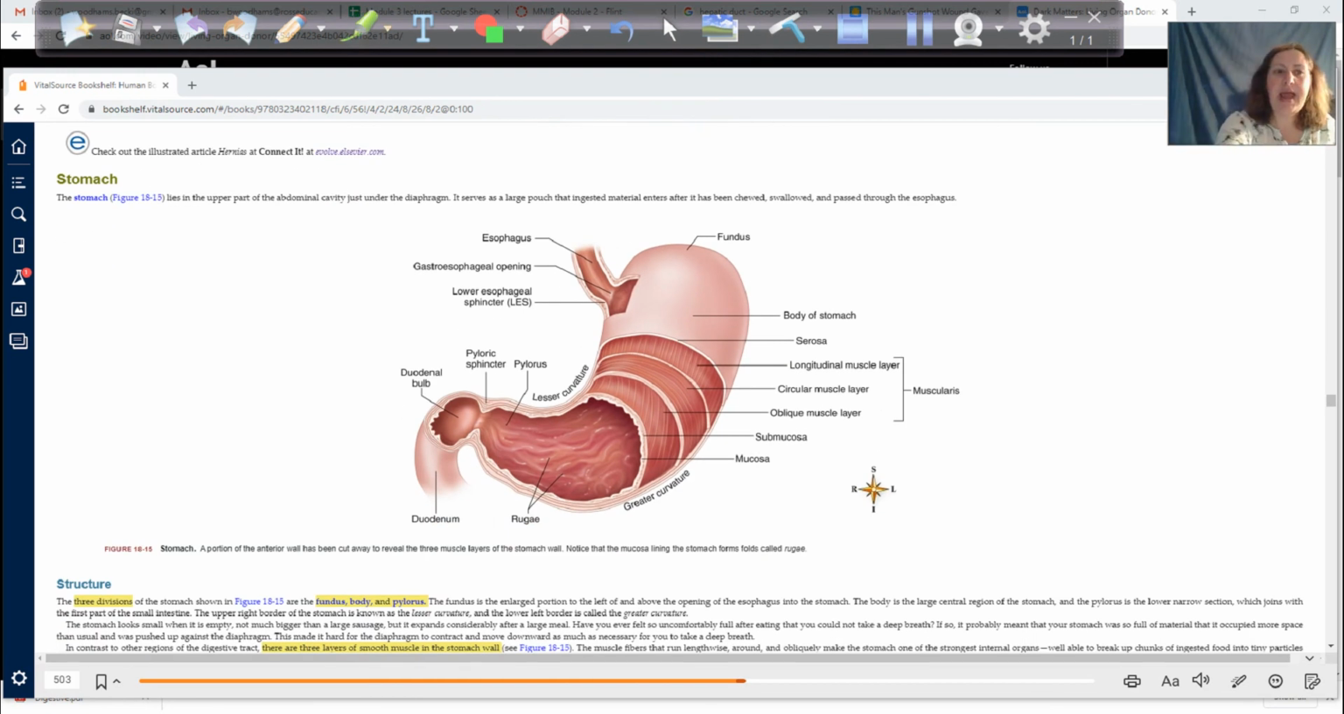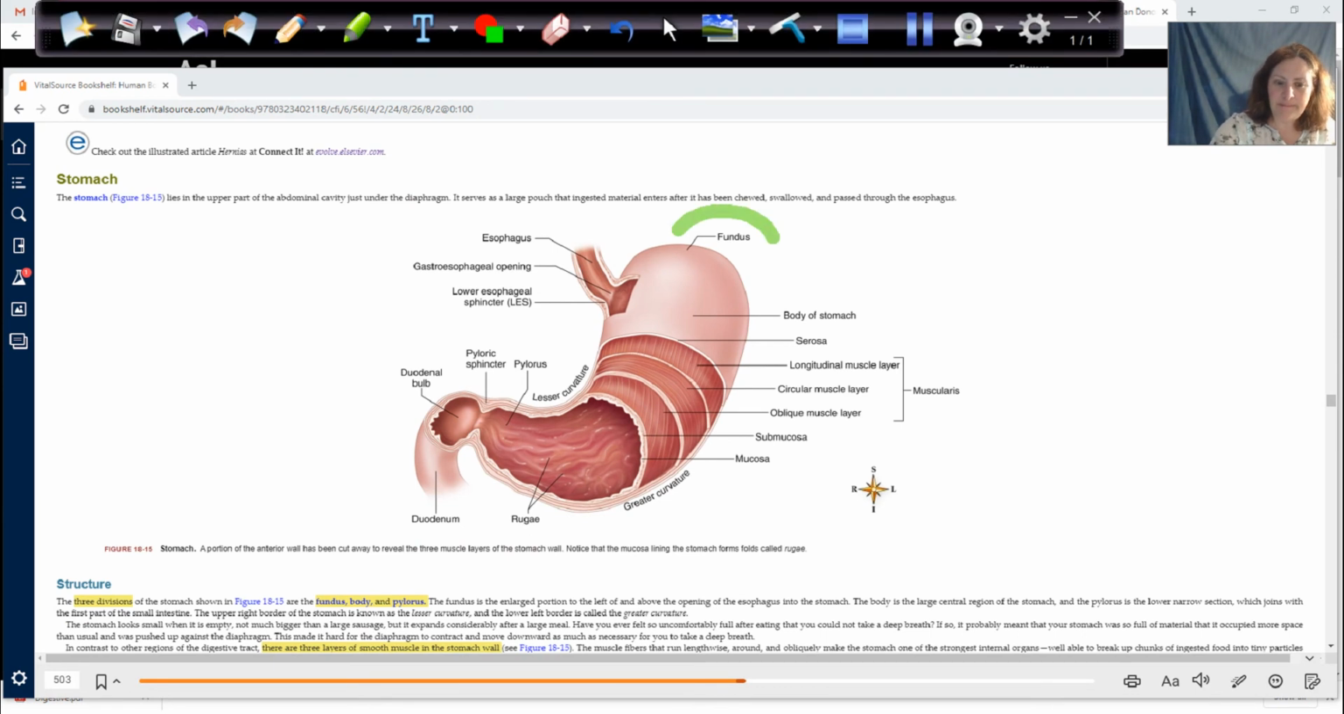The stomach has 3 parts. We have the fundus up here. We have the pylorus, which is down here. And then the body is the rest of it. The esophagus comes in and drops the food. Notice how the fundus is above where the esophagus joins. The fundus typically doesn't get a lot of food up there,